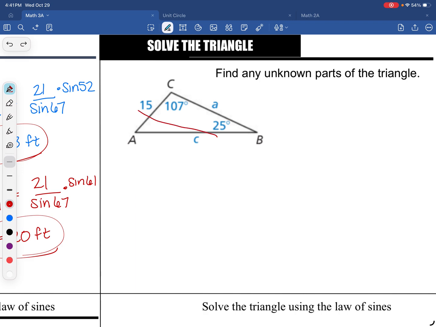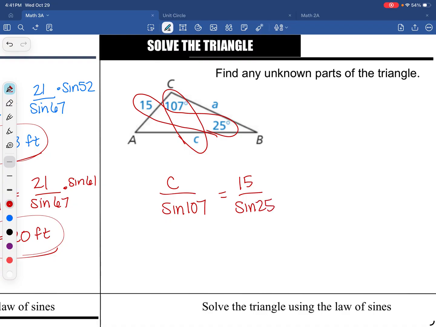So we know everything from B. We know the side for B and the angle for B. We don't know the side for C. So let's work to find that first. Okay, so C is matched up with sine 107. And the side that we do know is 15, and that goes with a sine of 25. Okay, so we're going to multiply by sine 107, multiply by sine 107, and that means C is,